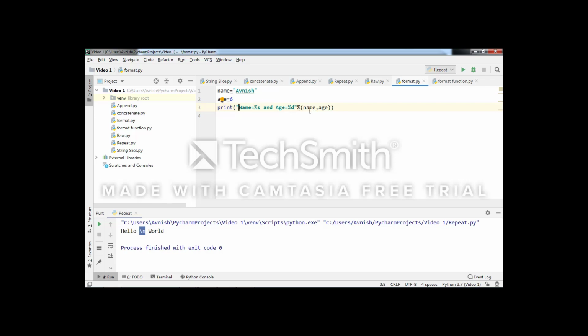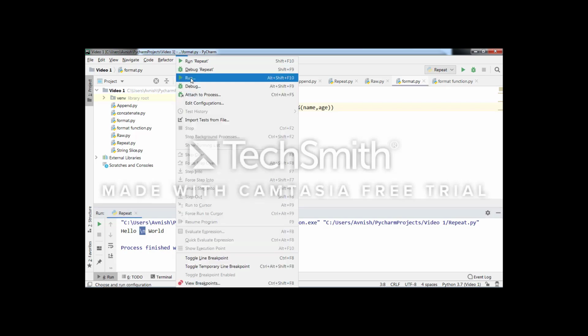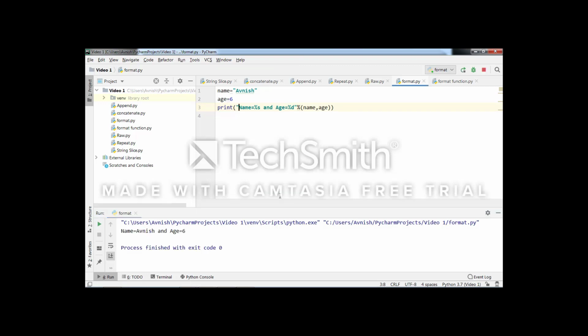Since name is a string data type, you must use %s here, and since age is an integer data type, you have to use %d here. %d means integer data type. We will run this code first. See, the name is equal to Avnish and age is equal to 6. If you change the sequence, we will see what happens.